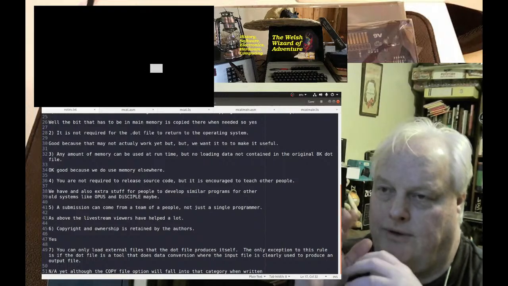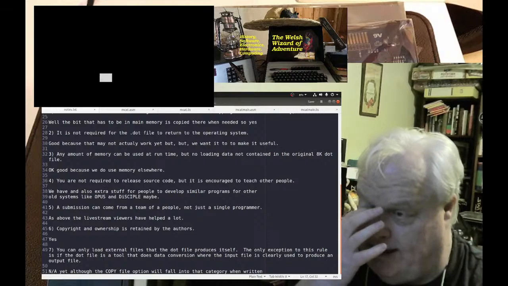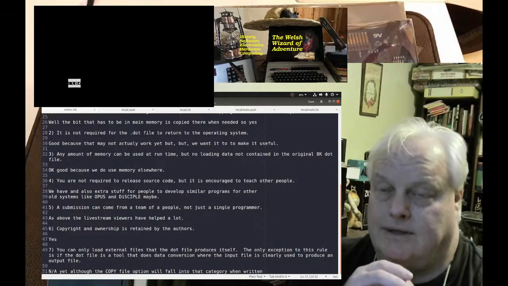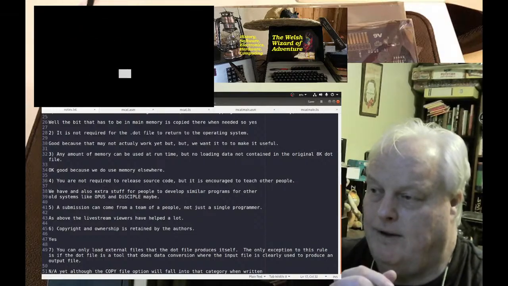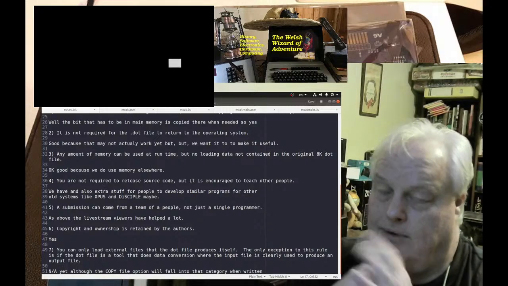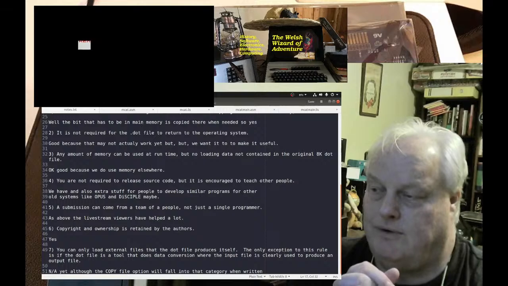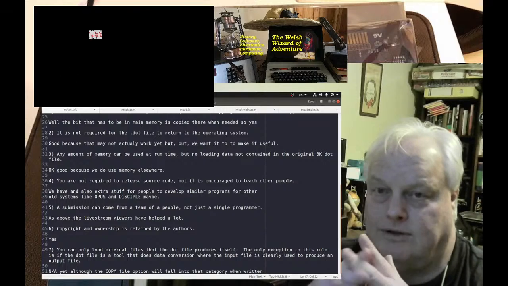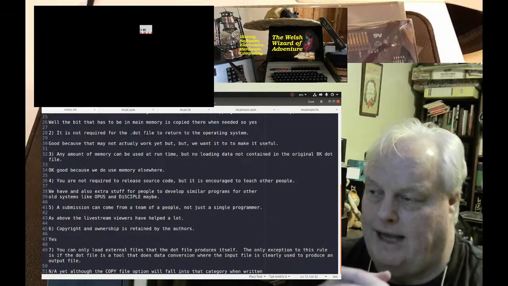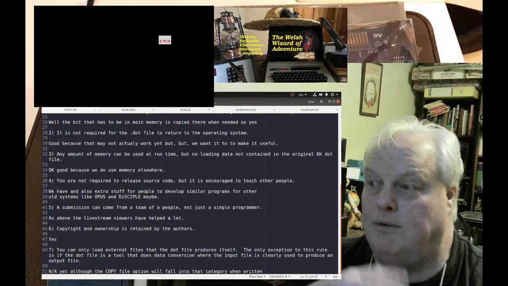But I would like to get the extended catalogue working if I can, because I think that'll make it look a bit slicker. It works in both NextZXOS and in Basic, but you've got to do the clear before you can call it. Again, if I've got time, I wouldn't mind getting the page allocate working, and that will mean it only works in